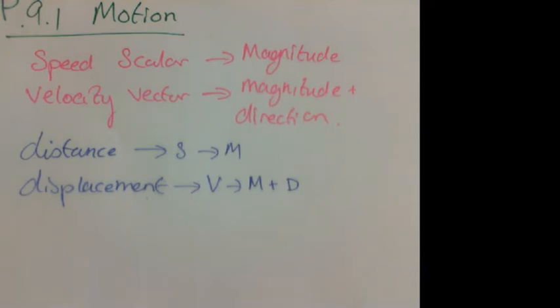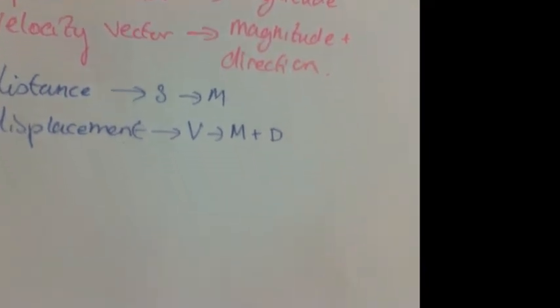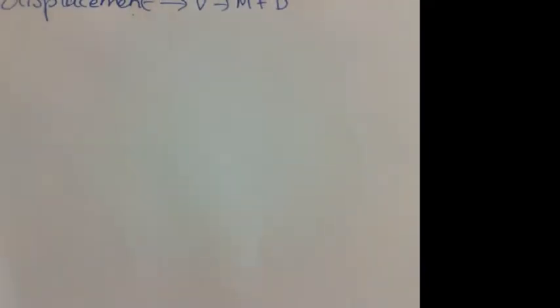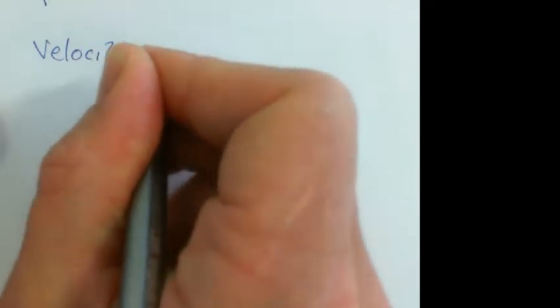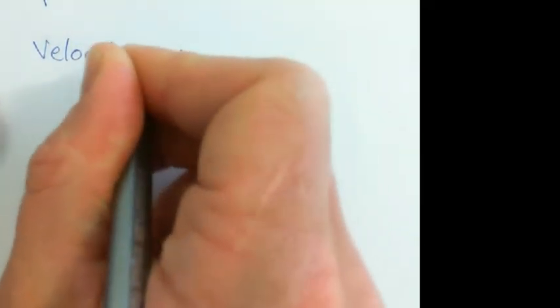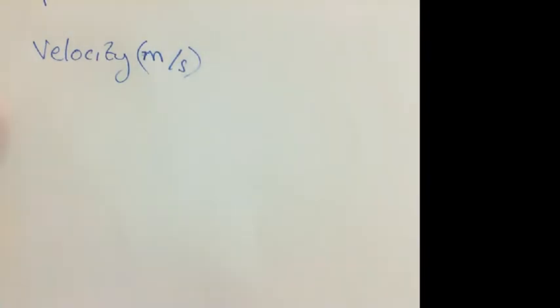Okay, and that's important in the next bit, because I don't want you to be confused when we're talking about our velocity time graphs. We know what velocity is. All it is is speed in a certain direction. So what do we measure speed in? What do we measure velocity in? We measure it in meters per second, don't we? So if we say that velocity is in meters per second,